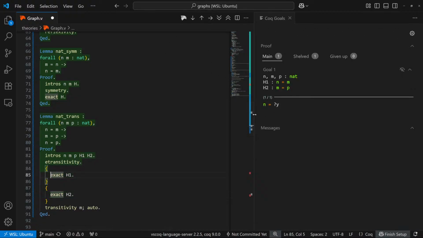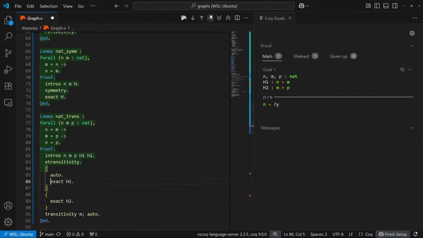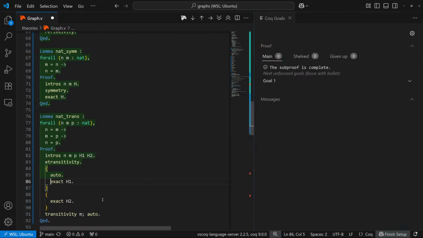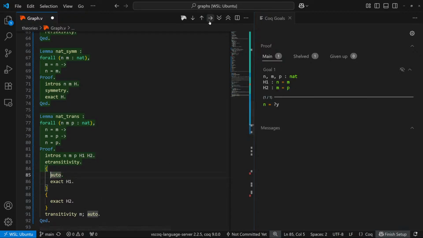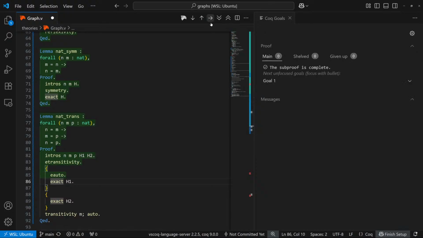If we were to try to use auto in here, oh, it did actually work. I guess auto is a bit stronger than I thought. Sometimes auto isn't strong enough for these unification variables. There's an e-auto that can sometimes fill it in for you if auto doesn't work. But it seems like auto is working, so